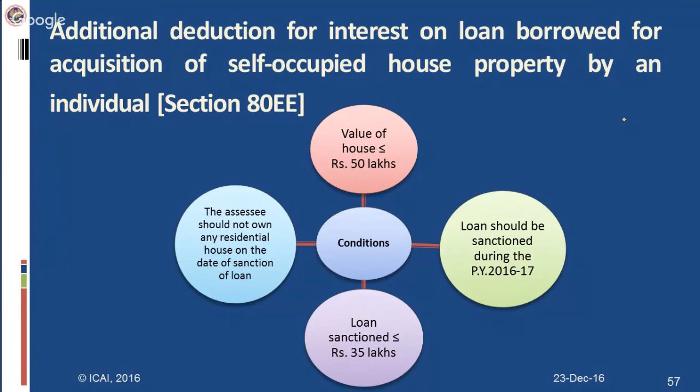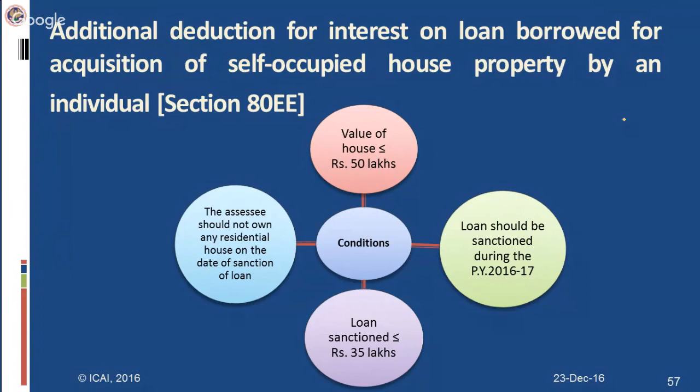In case of self-occupied property, the annual value is taken as nil, and there is a deduction provided under Section 24B, a higher deduction of 2 lakh for construction or acquisition of that property. To provide an additional benefit or to achieve the government aim of providing housing for all